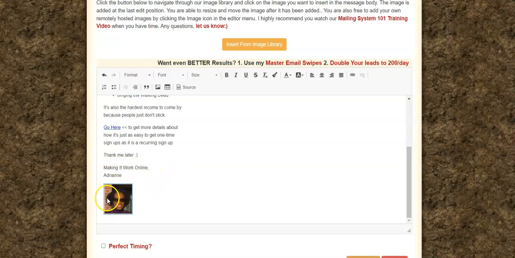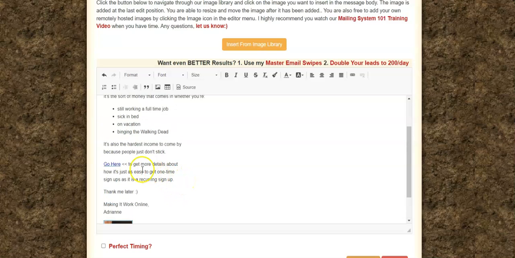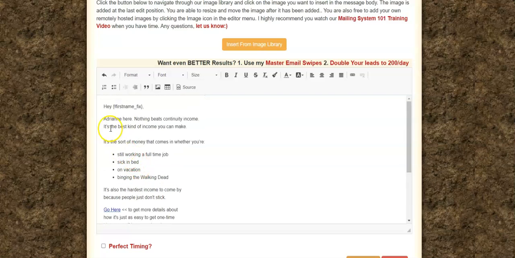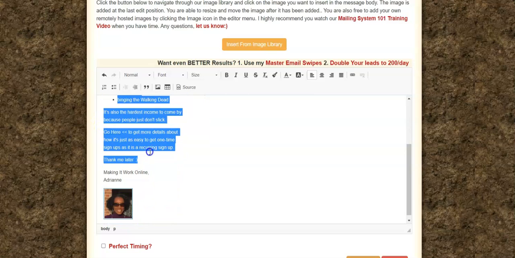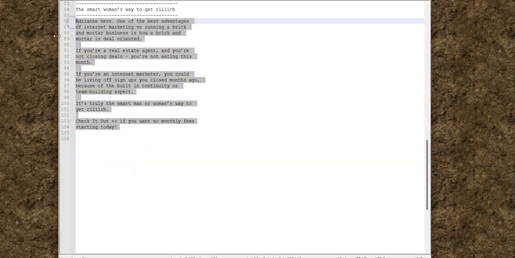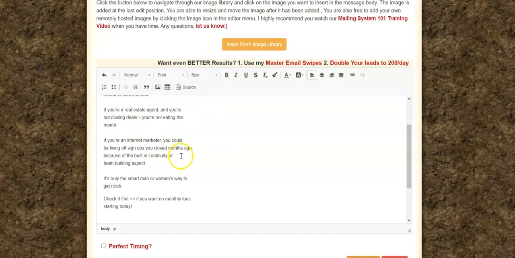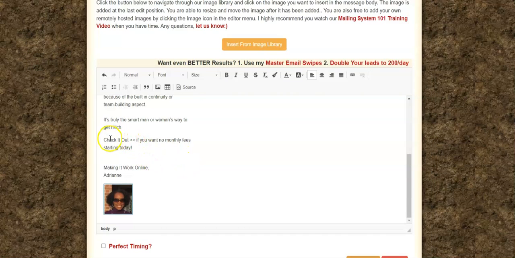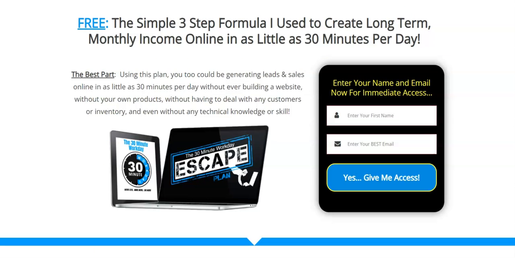I even added a picture, just to give that little personal touch to my emails. So what I do is remove this part of the email, and then I go back to Notepad and grab the body, and then paste it right here. And then I redo my hyperlink. So I will grab my domain name, go back to the mailer,